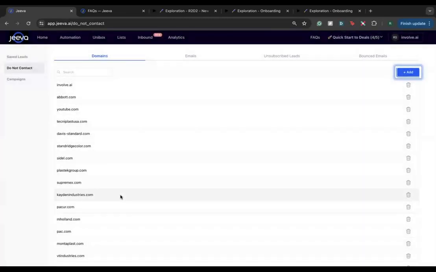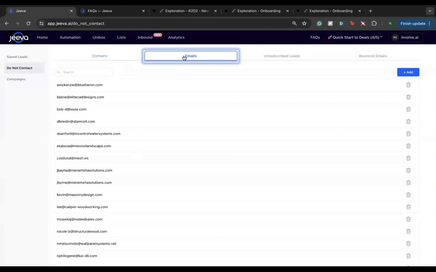So in this case, you won't even find people now, but in case through any kind of enrichment or lead generation, you have these domains and we were to start putting them in automation, it will first detect if these domains are there in that list. If they are, it will remove those leads or those prospects from that list. That's with domains. And likewise, it's with email addresses as well.